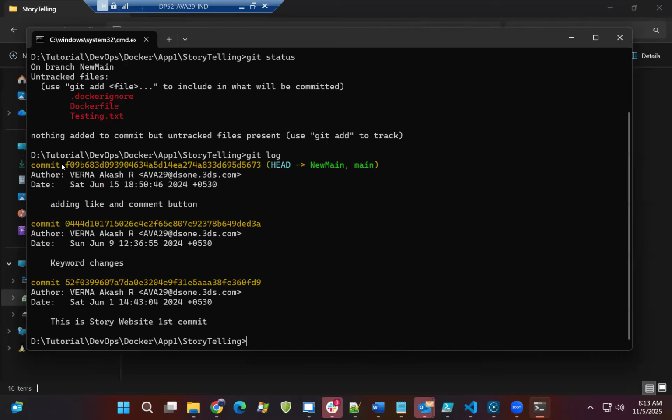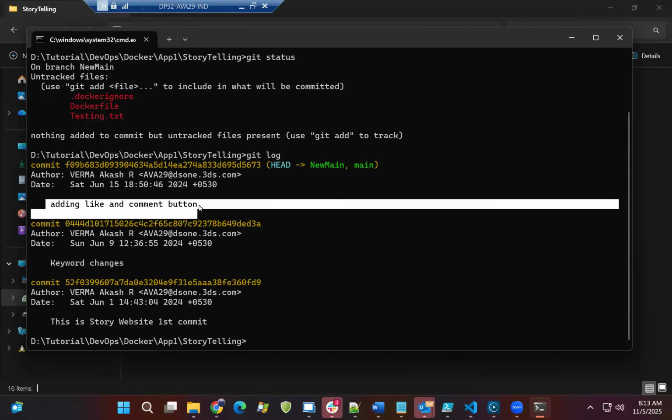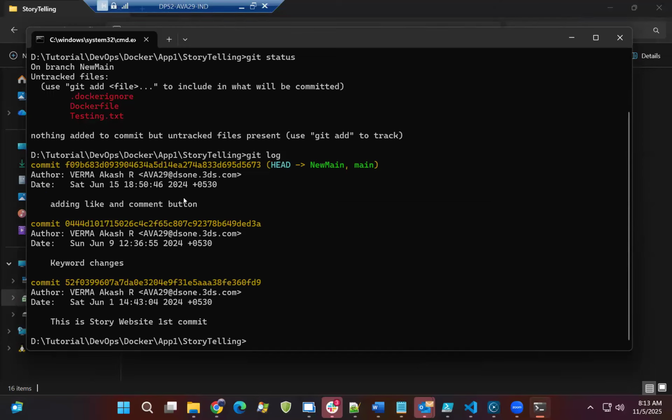I get the commit ID along with the author who has committed it, when he committed it, and what commit message he put on while committing it. So these three things you will get along with git log. So in general, you can say git log is for checking the history. And to check the branch,